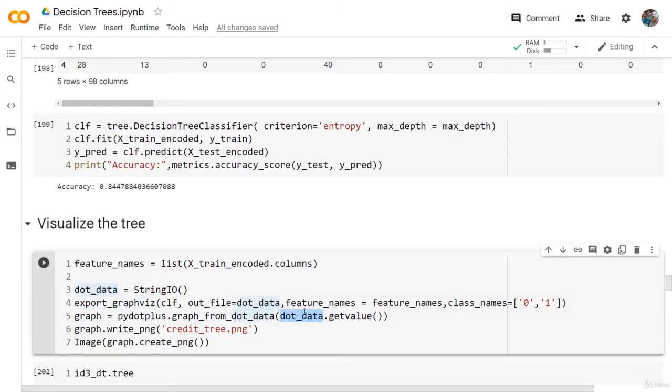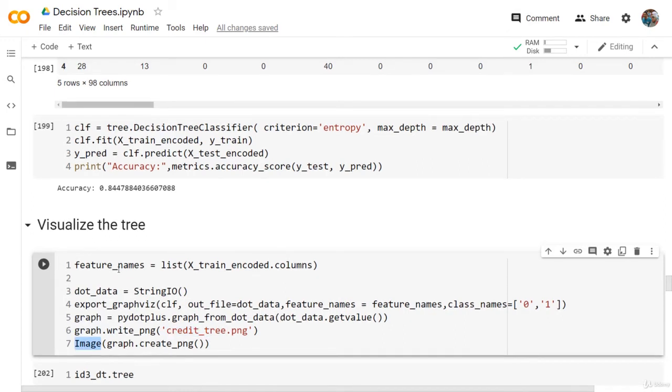And then from there we have a function called getvalue. This will return the dot data. And here we are converting this dot data value into a graph. It's very similar to converting the dictionary we had before into a graph. Inside this graph we have a function called write_png, so we can save this graph, not only visualize it. And from IPython display, if you remember, we imported Image in order to visualize the graph here. Okay, so if we run this,